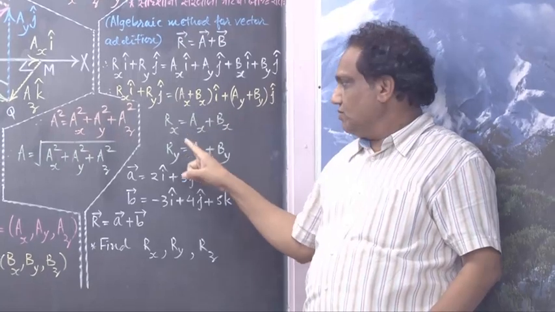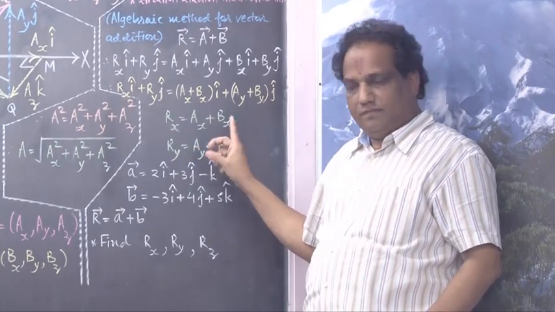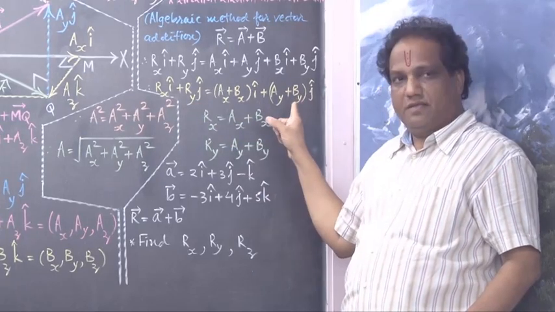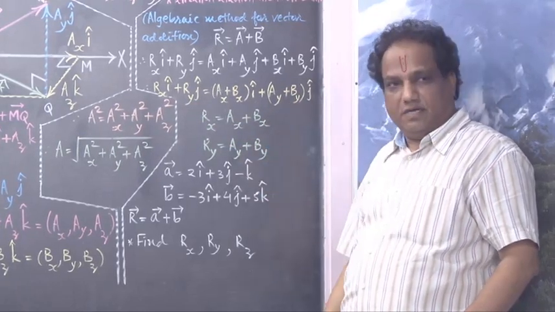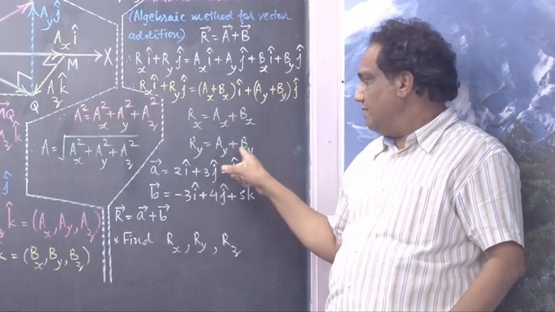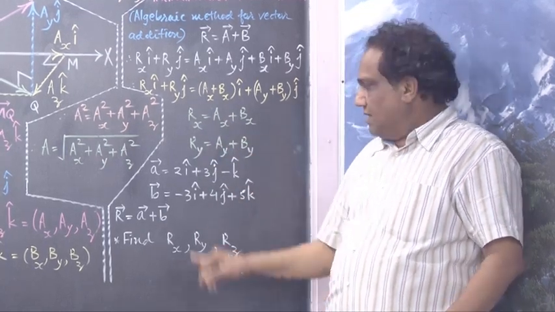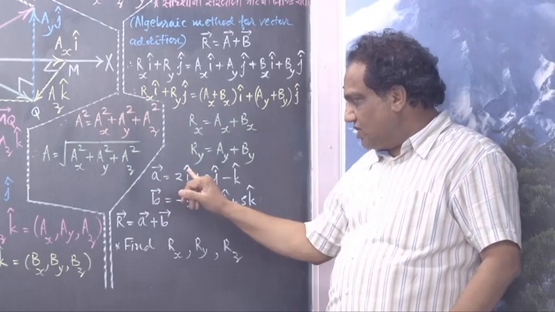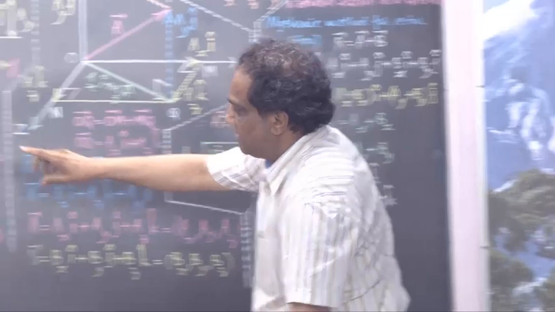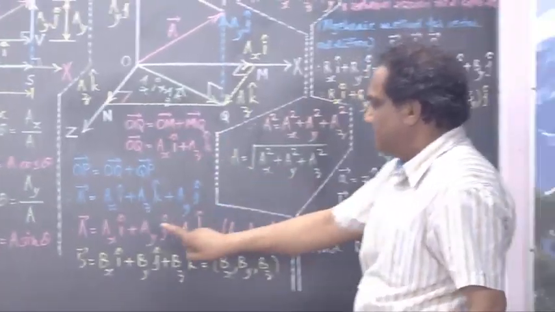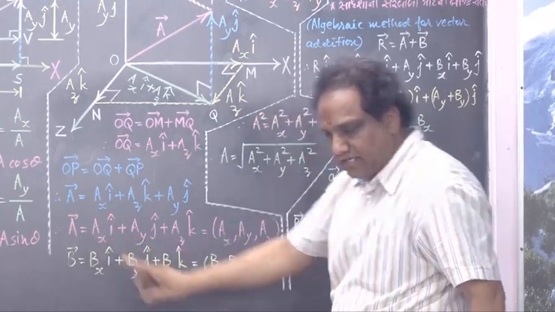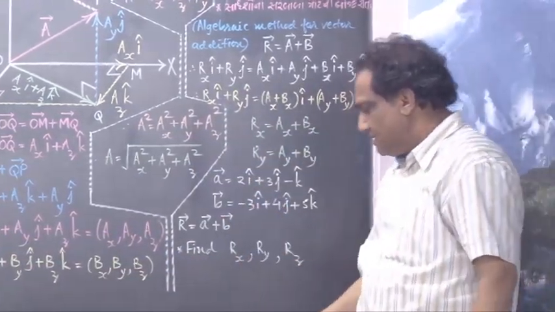Ax plus Bx, so that's what I have written here. Coefficient of z is here, Ay plus By. Don't say 'by by', otherwise it will be a product. Now in this vector, what is the coefficient of i hat? The coefficient of i hat will give you Ax. So here you should write small ax.